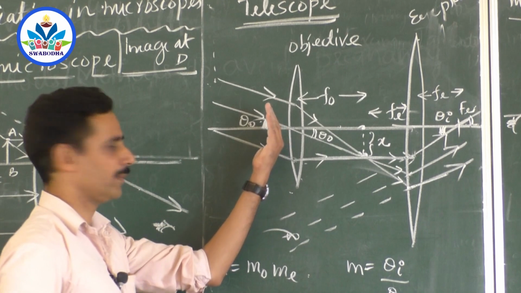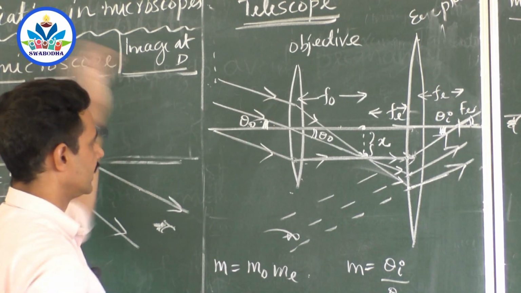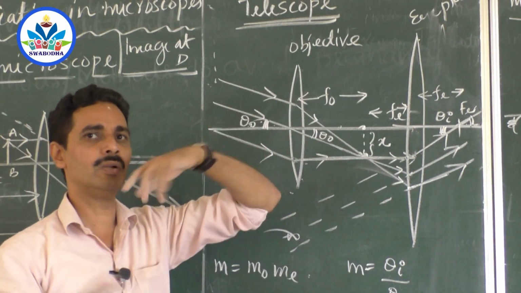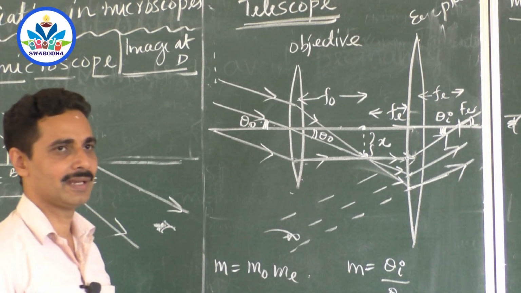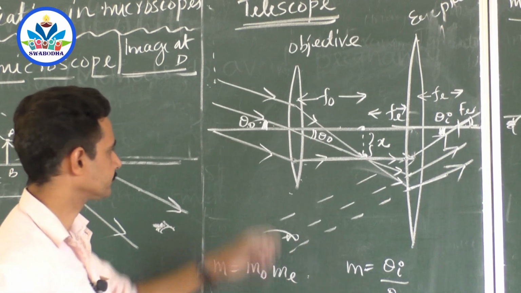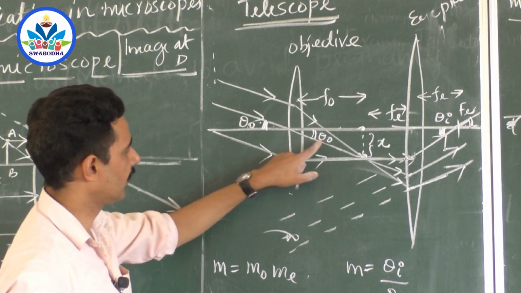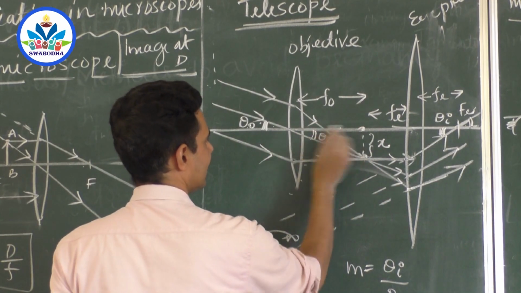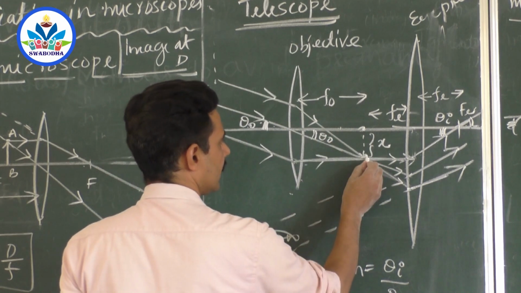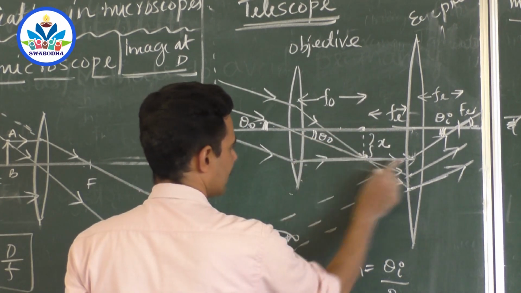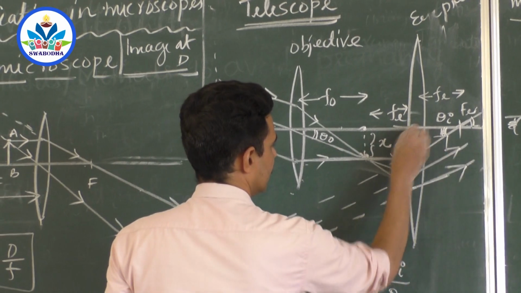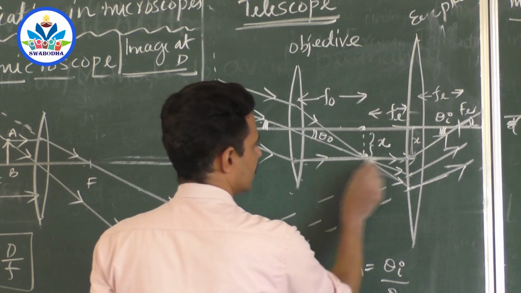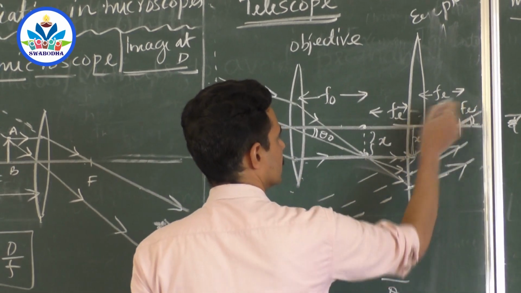So if you directly come in front of the telescope and look at the object, how much angle does it create with respect to the principal axis of the whole setup? That is theta naught, the angle created by the object at the eye. Okay, so this is theta naught, this is theta naught. I'll take this as x because I want a triangle for this one, because this adjacent side is the focal length. Here also, this is x. If this ray is almost parallel, take it up to this, then this is x. Shall I write this also as x? And of course, after refraction it passes through the focus. Here also it is Fe.